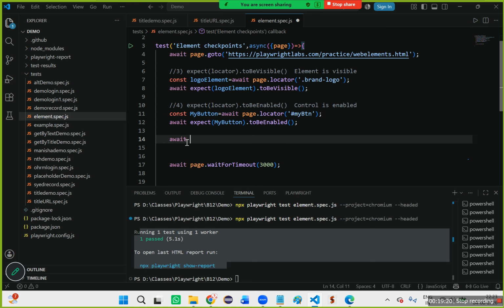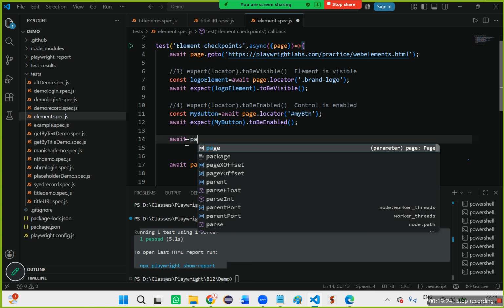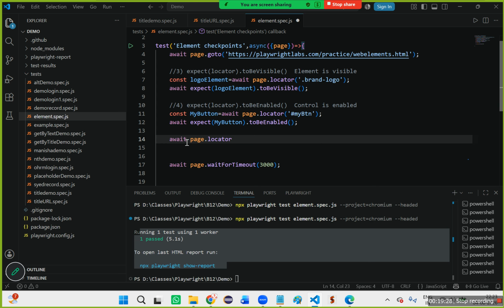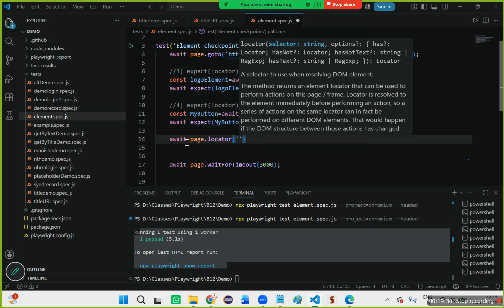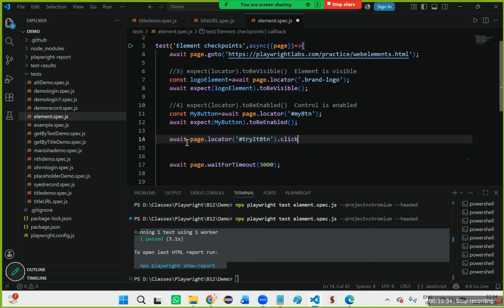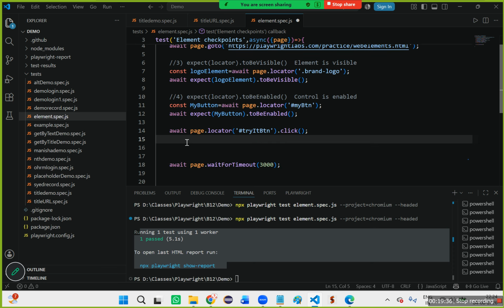Await expect. To click you will use expect. Don't always copy paste the previous line. Locator hash, I have the ID, dot click. This is how I can click it. Then